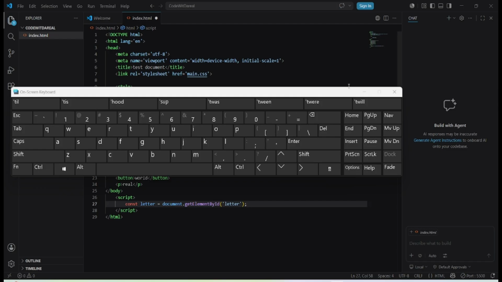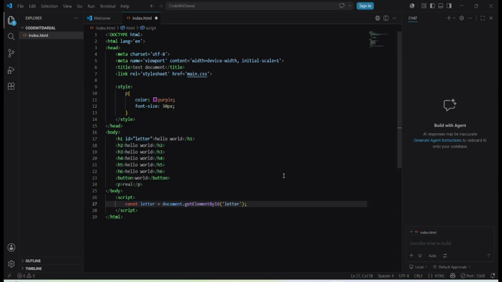So now we have gotten that on the way. Now basically what I've done here is that we've gotten the ID of that hello world. We give it an ID, like a tag, and then we now use that tag to recall it in our JavaScript. So now I'm going to go here and I'm going to say